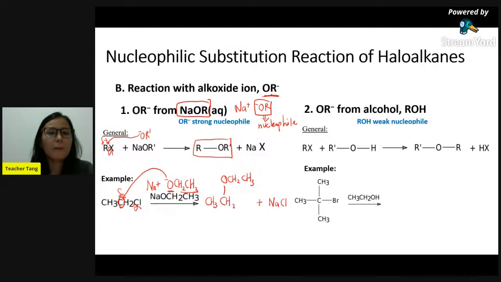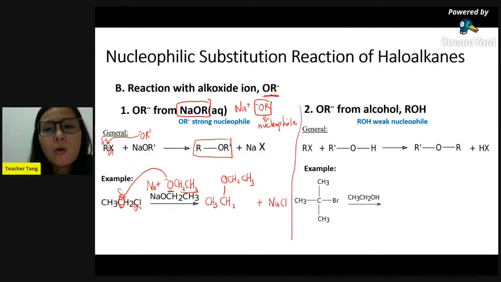So besides the alkoxide ion coming from sodium alkoxide, it can also come from alcohol. For example, this is the carbon attached to the halogen. It is partially positively charged. In the alcohol, the oxygen has two lone pairs. The oxygen of the alcohol will use the lone pair to form the bond with the carbon, and